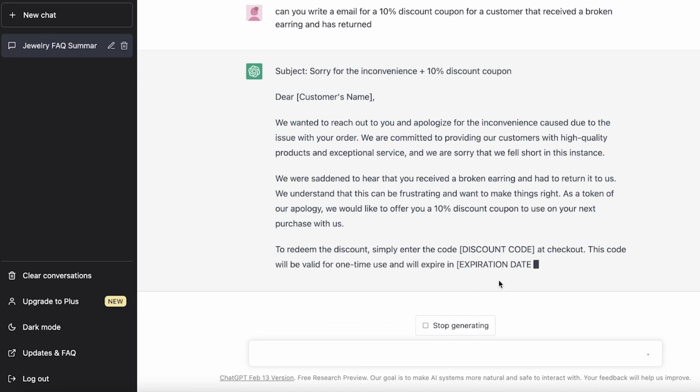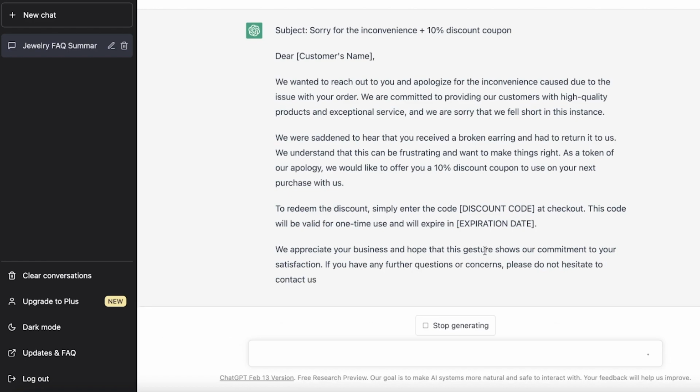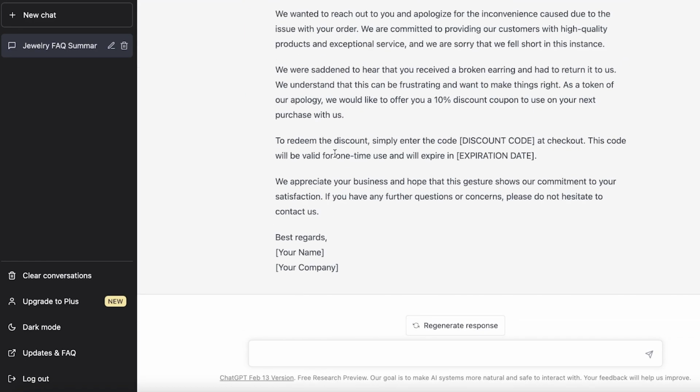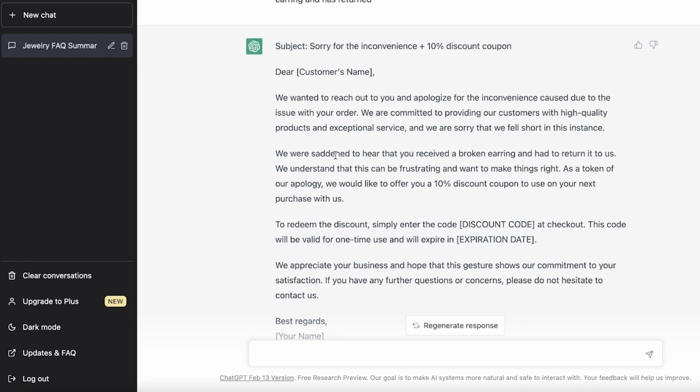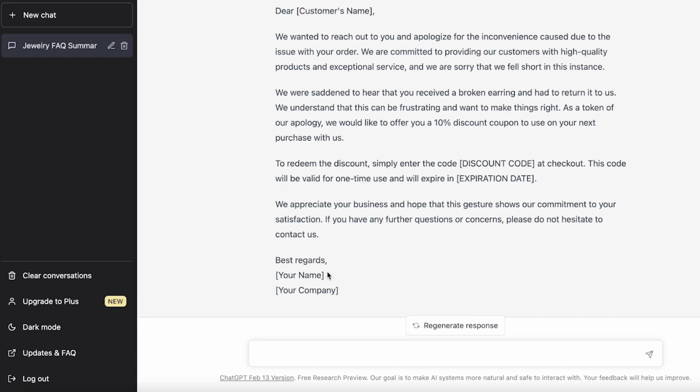It's even leaving you the space to write that. And you have an expiration date if you want to use one. If you want to keep expiration dates, that's totally up to you. But you can see you have a very concise and very genuine email ready for a customer. Now, this is amazing because you can target this to certain clients. You can just enter their information, what previous history you have with that particular customer or their demographic, and you have a very customized and personally tailored email ready within seconds.